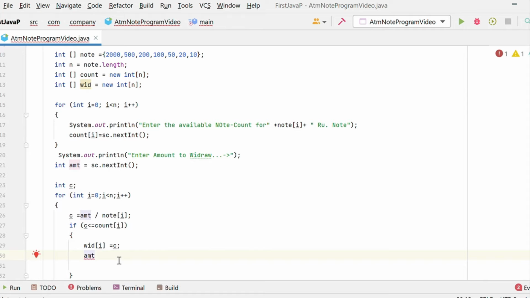If we already calculated for 2000 notes, then that 2000 amount gets reduced from the amount we entered. Amount equals amount minus c into note of i.